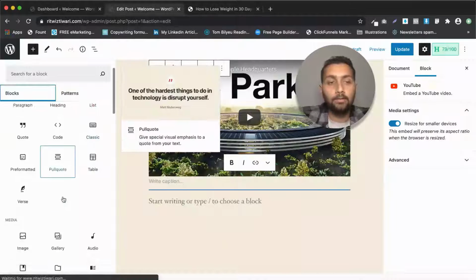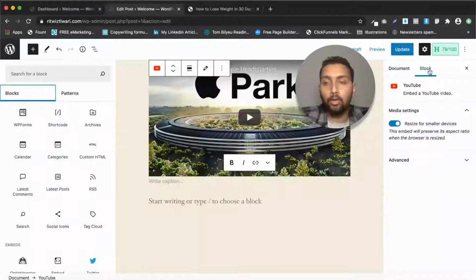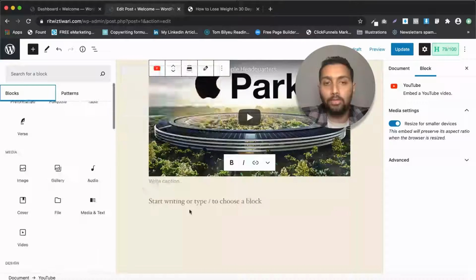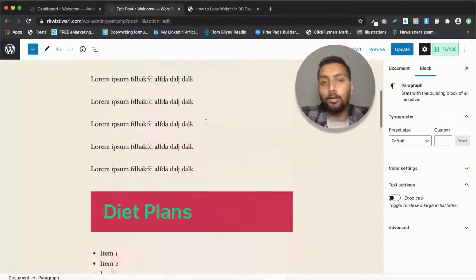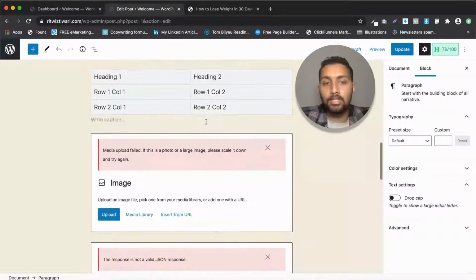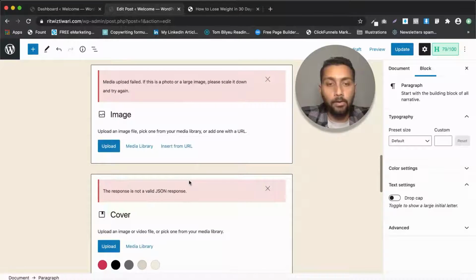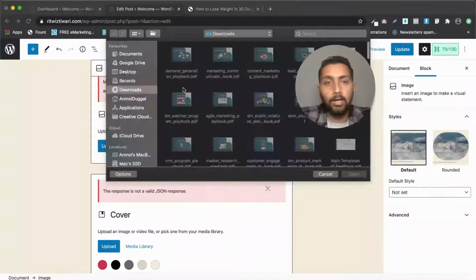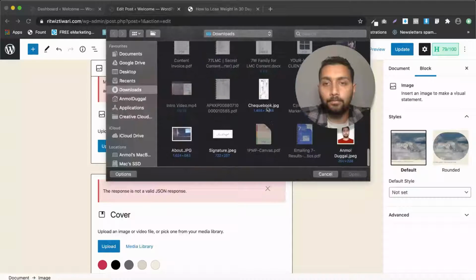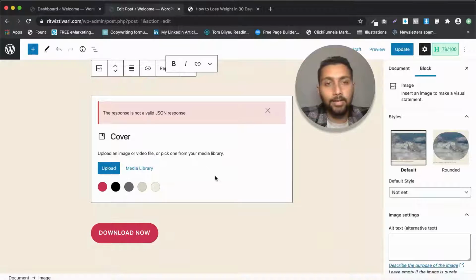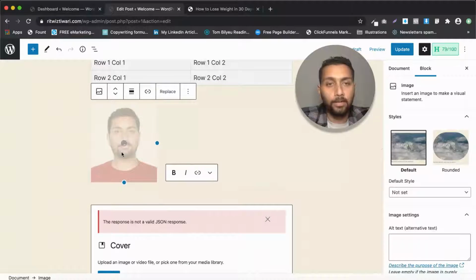So now, since we have covered almost all the blocks and you now know all the settings available for the individual blocks, let's update this post and see the changes. Okay. All right, so the media library part, actually I guess the media upload failed because the photo was very large in size. Okay, so let's try to add in a small photo. Like let me add my own passport size photo, right? Let's see if that gets uploaded or not. I guess it should, because the file size is quite small.